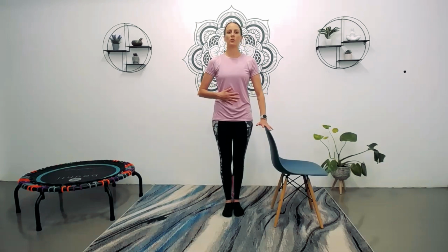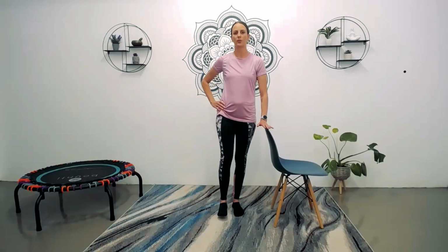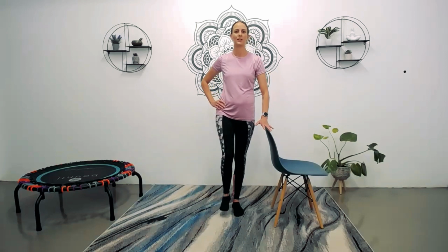So let's stand tall, pull the belly button in to engage the core. And let's go. We're going to lift, lower just before we touch the floor, and come out to the side. Great. 2,